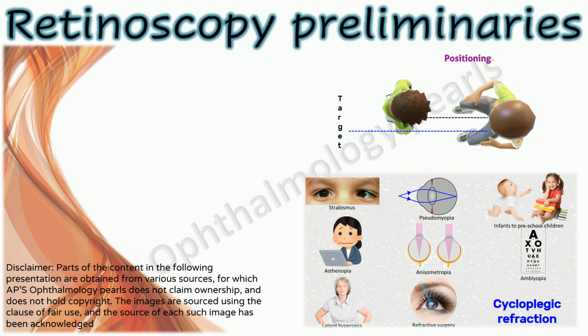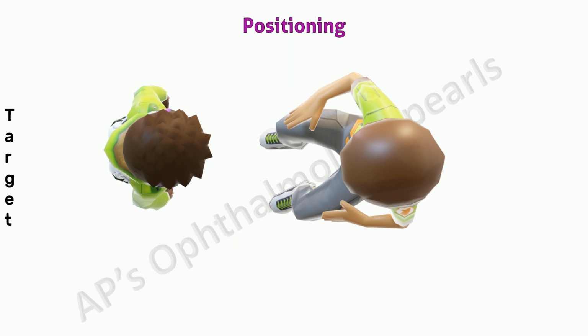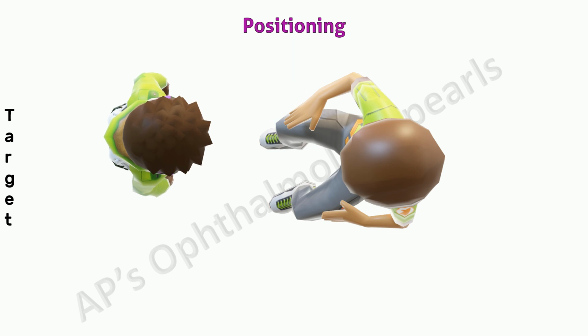Today we will discuss some of the preliminary aspects before starting retinoscopy. With regard to positioning, the examiner sits at a convenient distance, either 1, 2/3 or half a meter in front of the patient. The practitioner positions himself on the right side of the patient for retinoscopy of the right eye and vice versa. It is important that the examiner is seated as close as possible to the line of sight of the tested eye, as too large an angle will cause oblique astigmatism and an incorrect result.